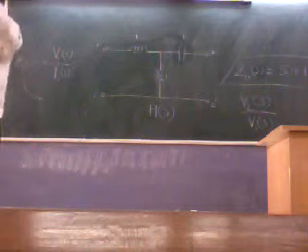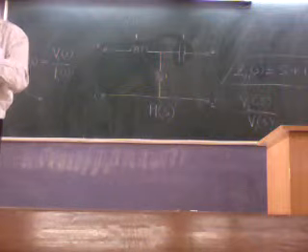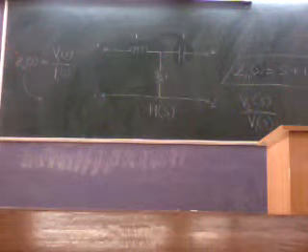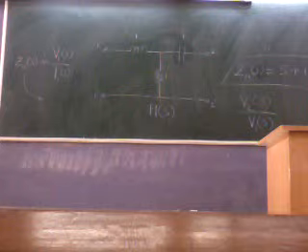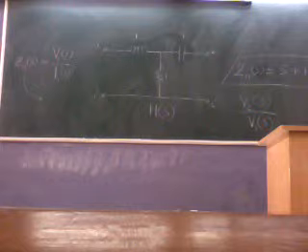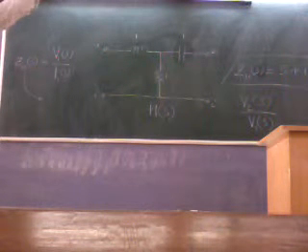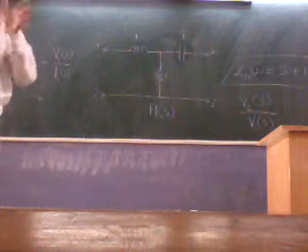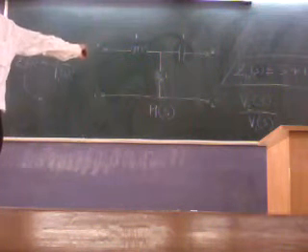That is one idea. Or what is the other idea? You just go by presuming the impedances as R, Ls and 1 upon Cs, and by simple Ohm's law and Kirchhoff's laws, you find out the ratio of voltages. We call it V2 upon V1 in terms of impedances in the S domain.